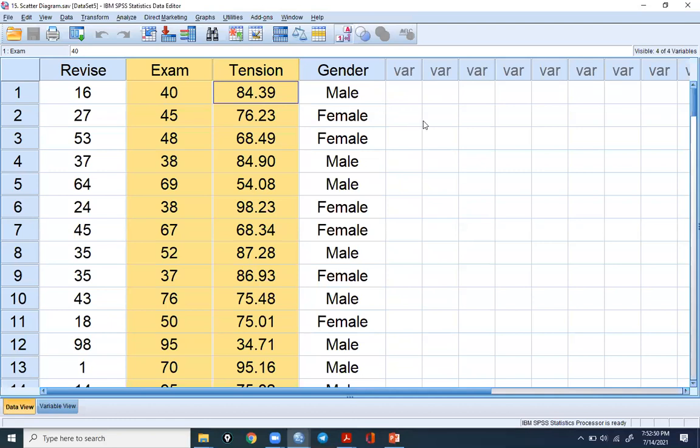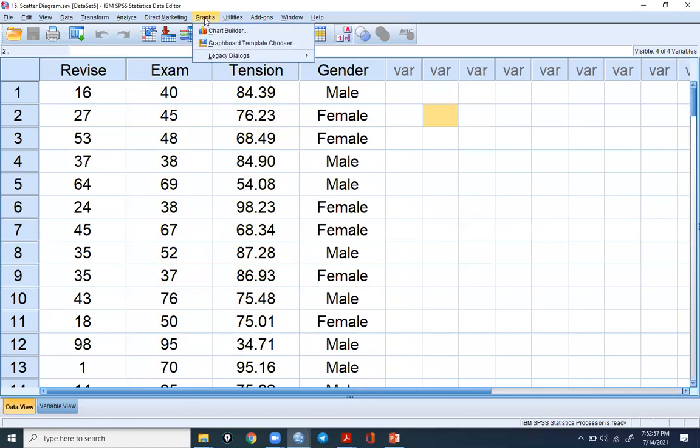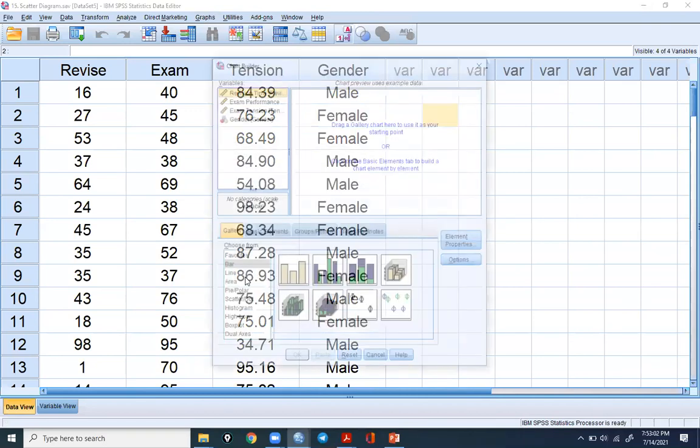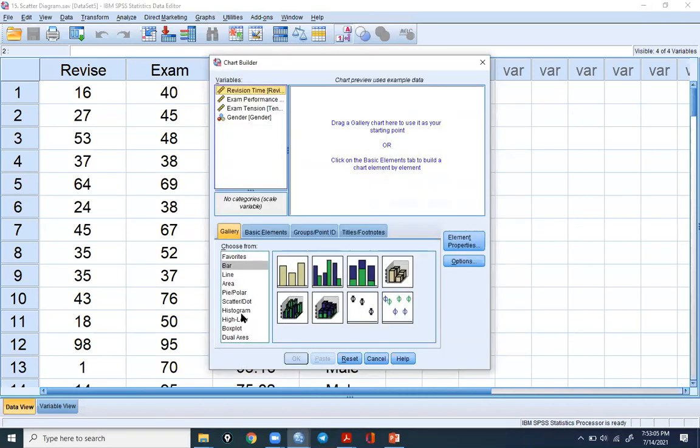Then how do we present this information through a graph? So Graphs, Chart Builder, then OK, we select scatter. So here you can see scatter. There are many scatter diagrams: simple scatter, grouped scatter, simple 3D scatter, grouped 3D scatter, summary point.